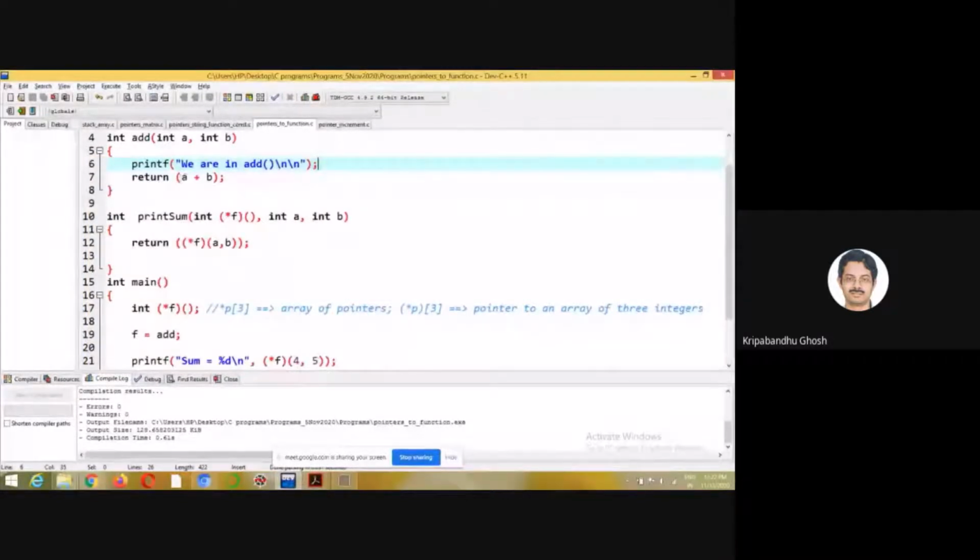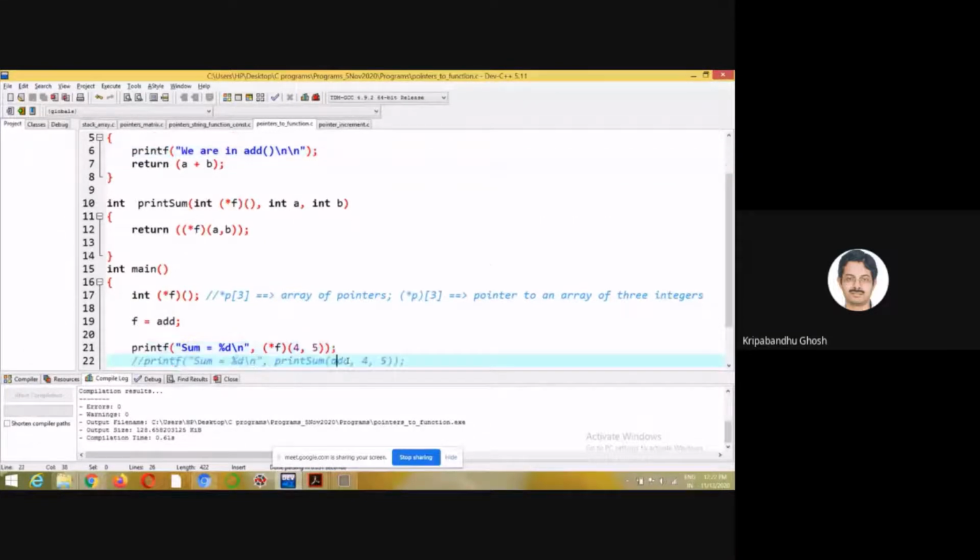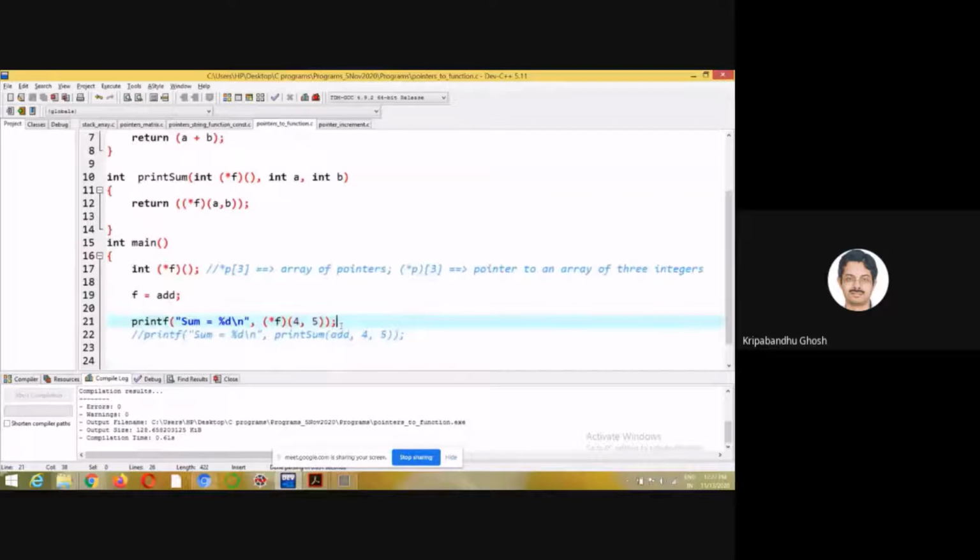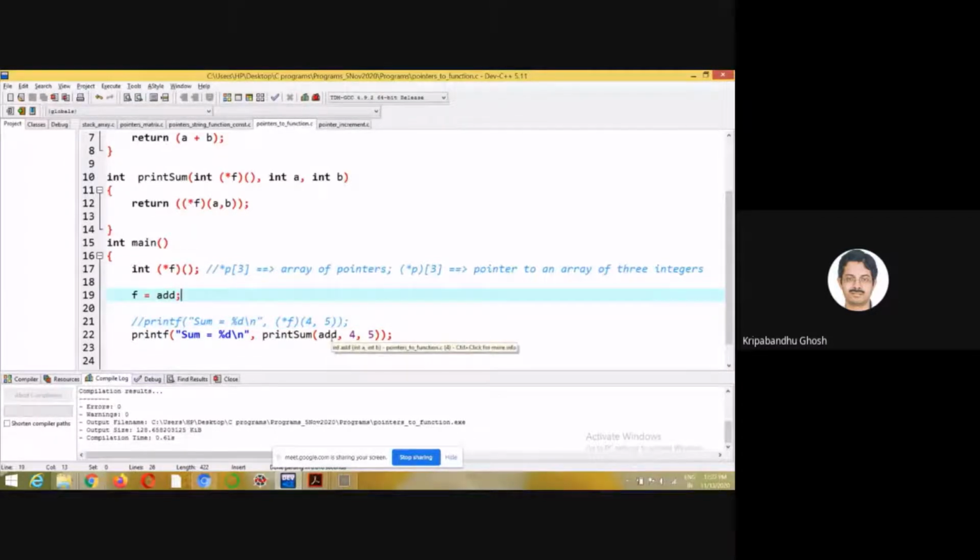Add is basically adding these 2 numbers and returning the sum. So I'm printing the sum here. As simple as that, very simple. And I am passing this particular function as a pointer to another function. So I am doing this add. I am passing this add to print sum, which is another function.